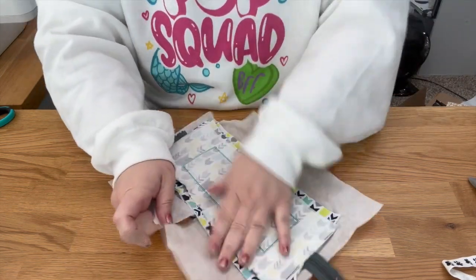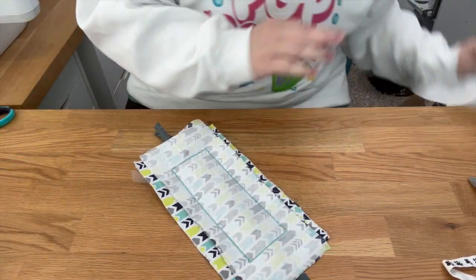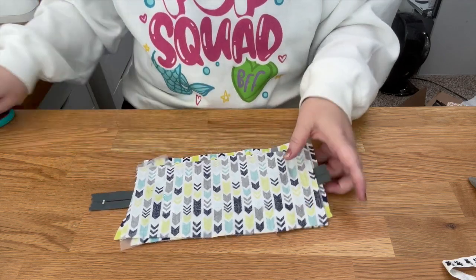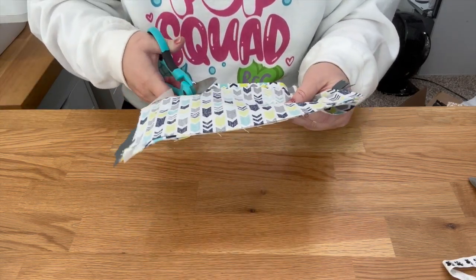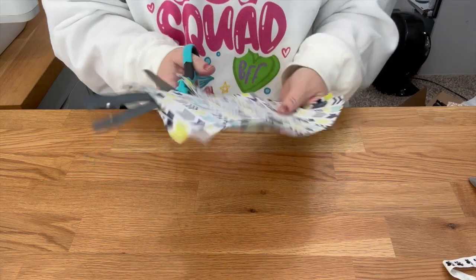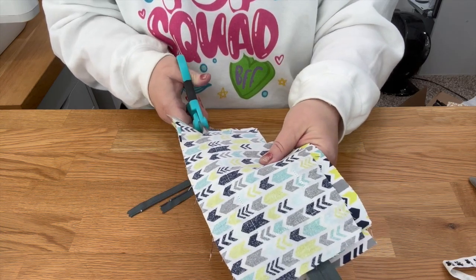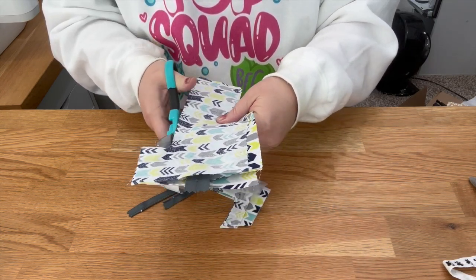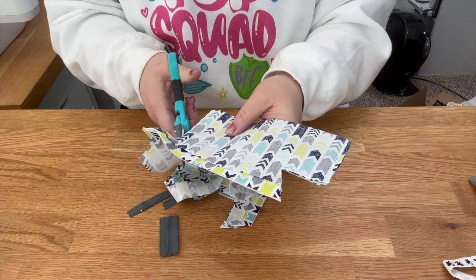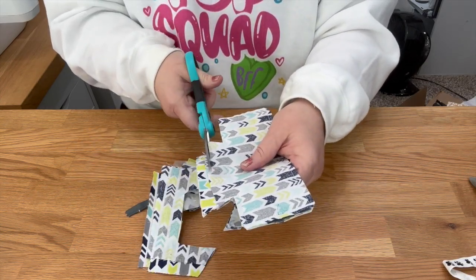Okay, and then you can take your tearaway off. Okay, and then we're going to cut around it. You can see the hole is right here. I'm just going to cut on either side of the hole like this, up to the stitches without cutting the stitches. Leave a little bit. I'm going to cut my corner at an angle, cut across. Once I get to those other stitches where they stop, I cut over, then I cut across to get some